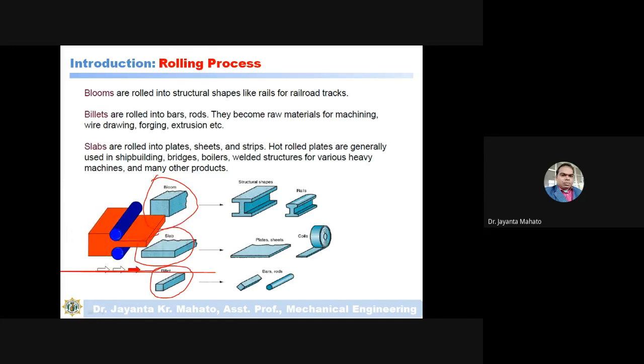From the bloom material, you can get this type of product by the rolling operation, the I-section type, meaning an I cross section.